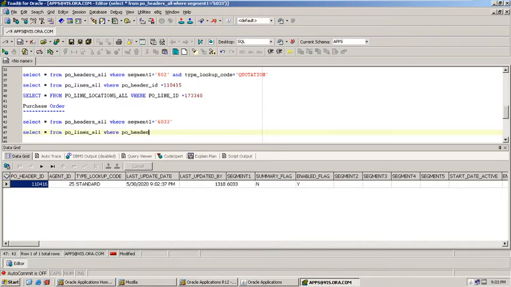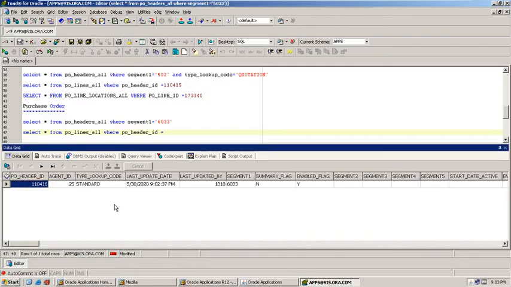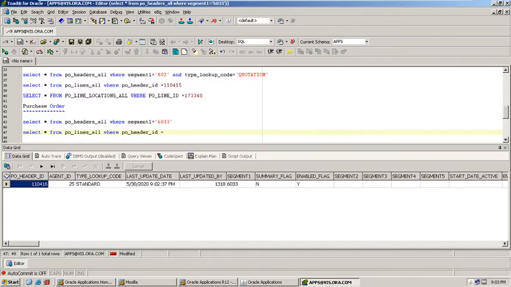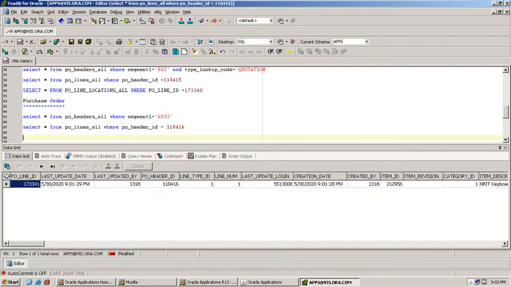What is the join? PO header ID is the join. The shipment level data will be stored in PO line locations all, where PO line ID.